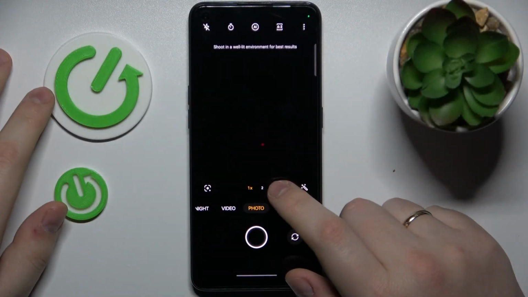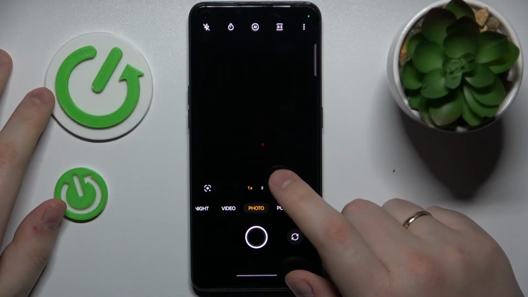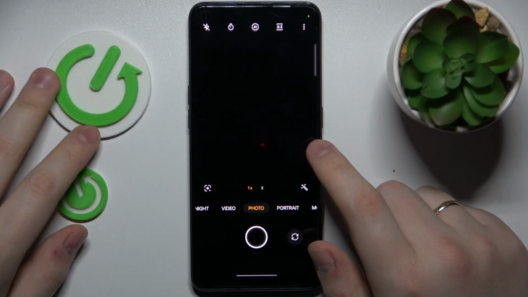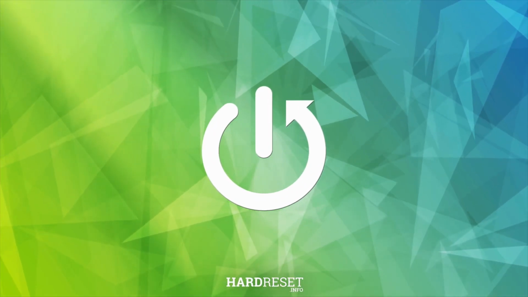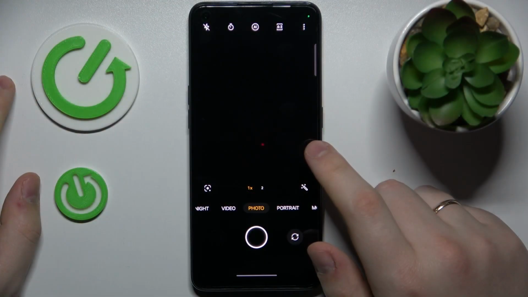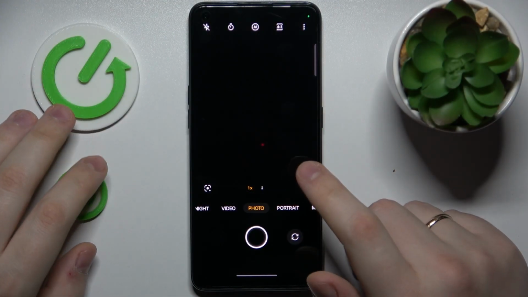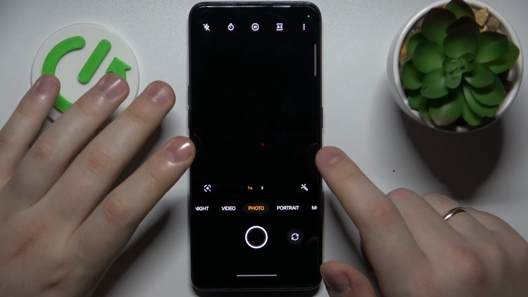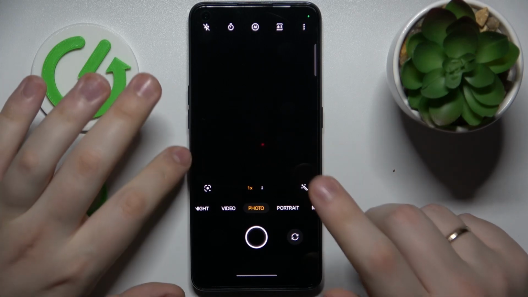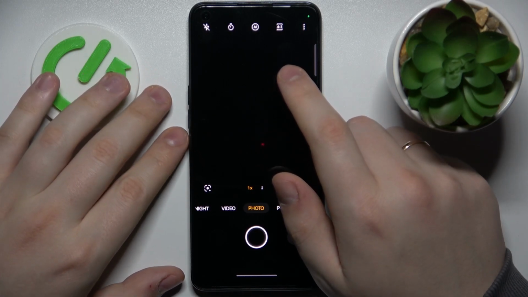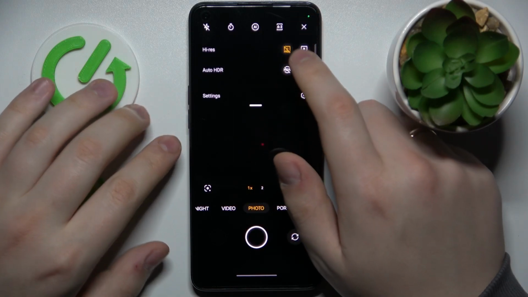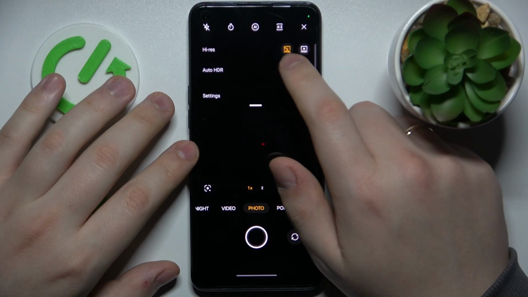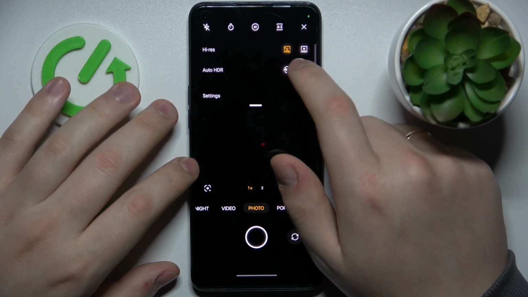This is OPPO Reno 8T, and today I'm going to quickly demonstrate that you can enter the high resolution camera mode on this device. So that's a very simple thing to do. You can enter it by going into photo mode, then expanding the options by tapping at the three vertical dots, and switch the high res